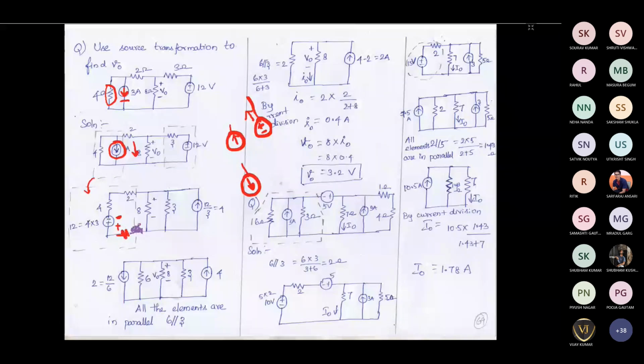Actually, it will not make any difference, because even if it is here, if X current is flowing now, even if it is connected here, the same X current will be flowing here. So it will not make any difference, because these elements are connected in series. Since these elements are connected in series, even if you redraw this, it will not make any difference.